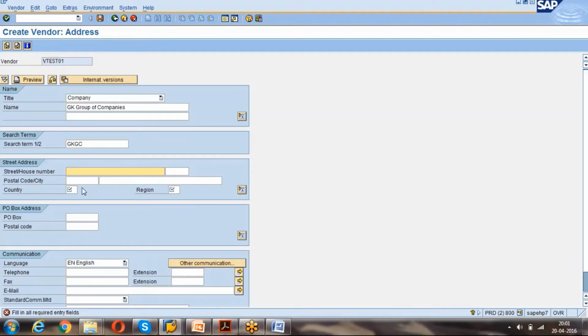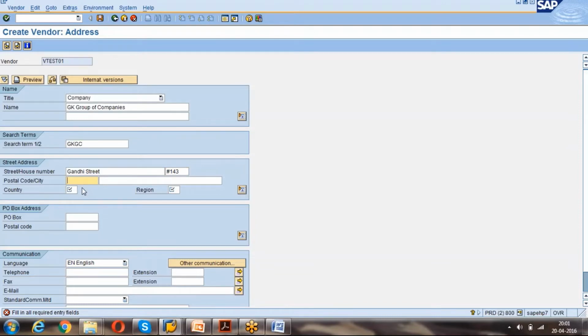And street or house number we can give like Gandhi Street, house number something like 143.